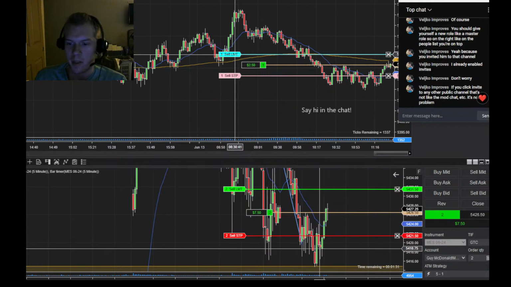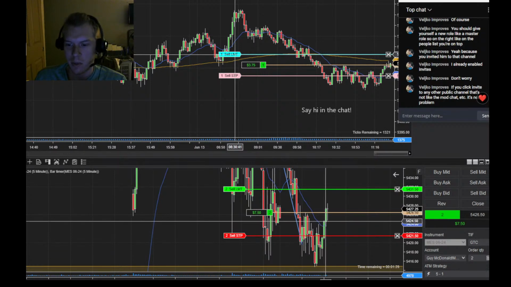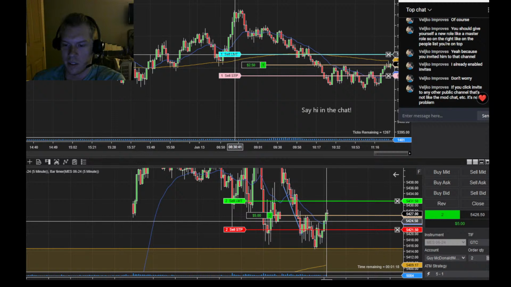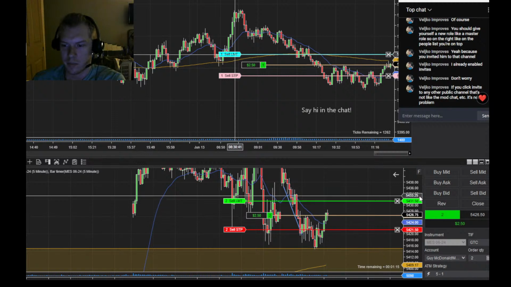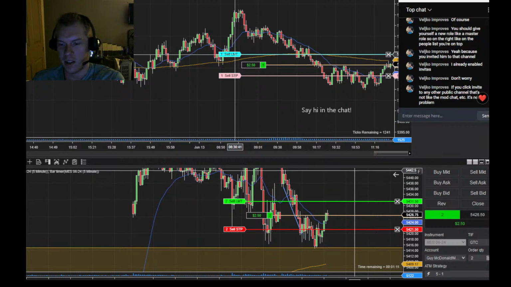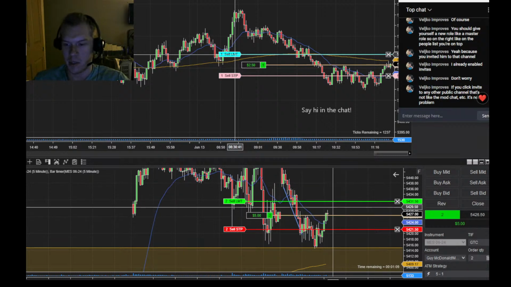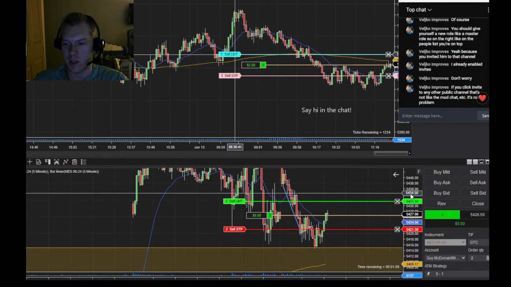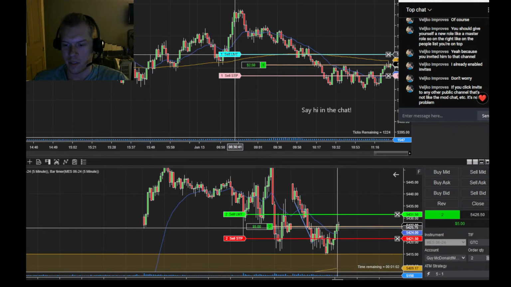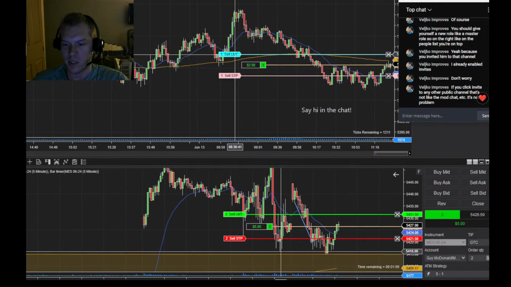Something that really caught my eye on this move here is this bull bar, the first close above the moving average. It was such a clean close above that moving average. Now, initially, I did say it should be good for a scalp, and I think selling here, you'd be able to sell higher, and you'd be okay most of the time. Really, I should have said it was a bullish move for the reasons that